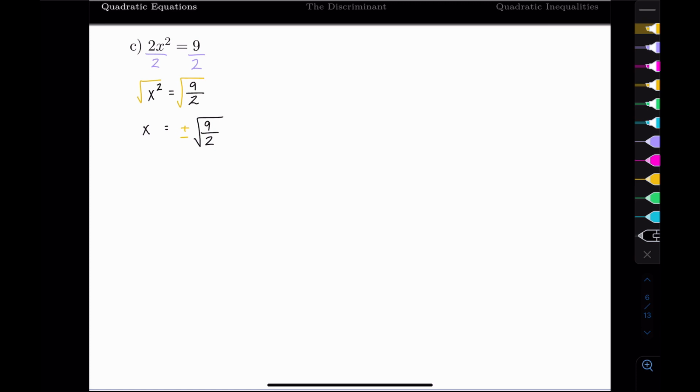And then from here, we just need to simplify. We will go over radicals again in more depth in another unit, but we can go ahead and take the square root of the numerator and denominator individually. The top does simplify to 3. The bottom, unfortunately, we can't do anything with. However, we don't like leaving radicals in the bottom, so we rationalize by multiplying by root 2. So this gives us plus or minus 3 root 2. And then in the bottom, when you take root 2 and times it by itself, it cancels out